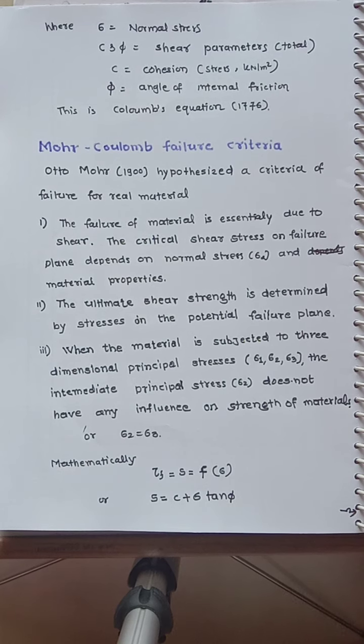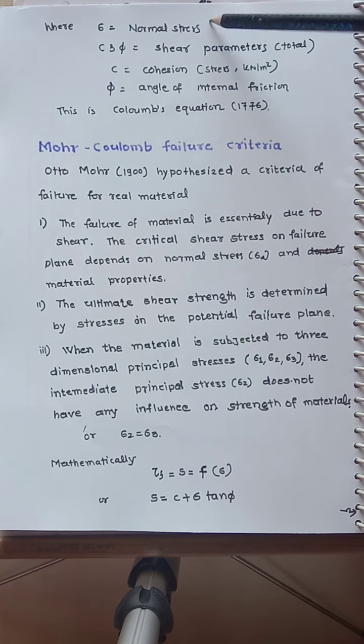So in the shear strength equation, Coulomb's equation, the normal stress, C and phi are combinedly called the total shear parameters. In Coulomb's theory, they are not influenced by the effective stress, they are influenced by the total stress. C is the cohesion, or we can say general pressure or stress, in kilonewton per meter square. Phi is the angle of internal friction. Okay, so this is one of the oldest equations,